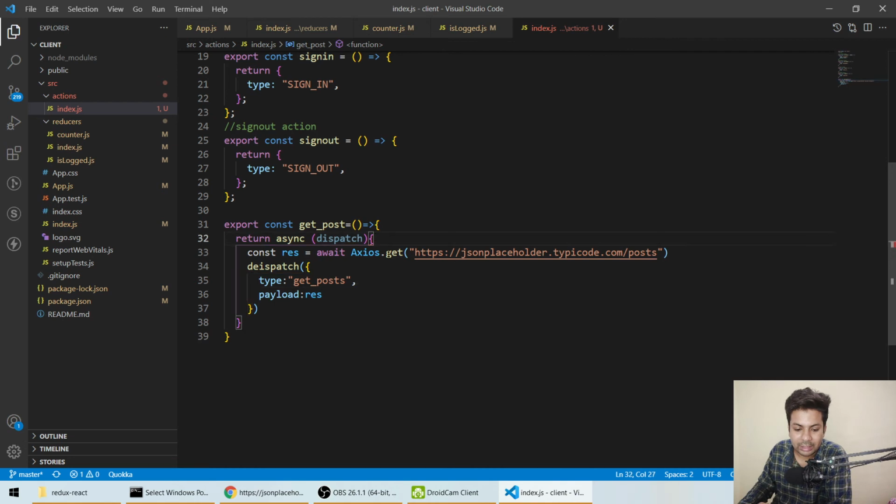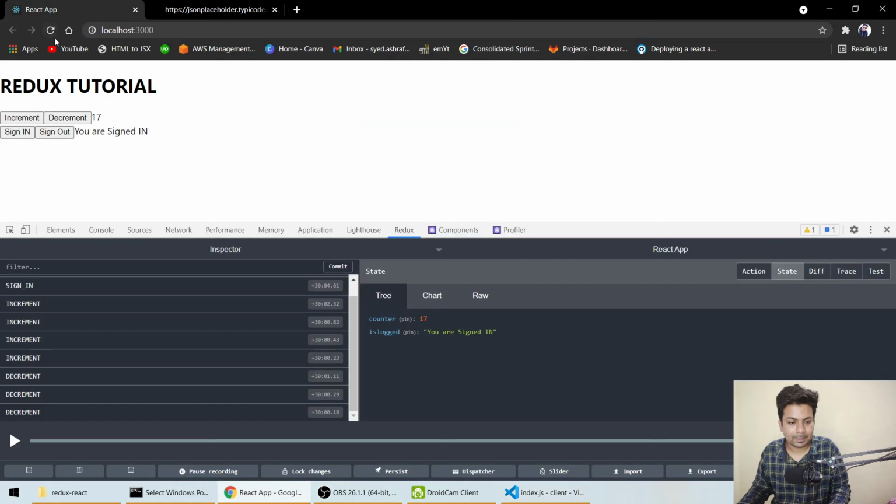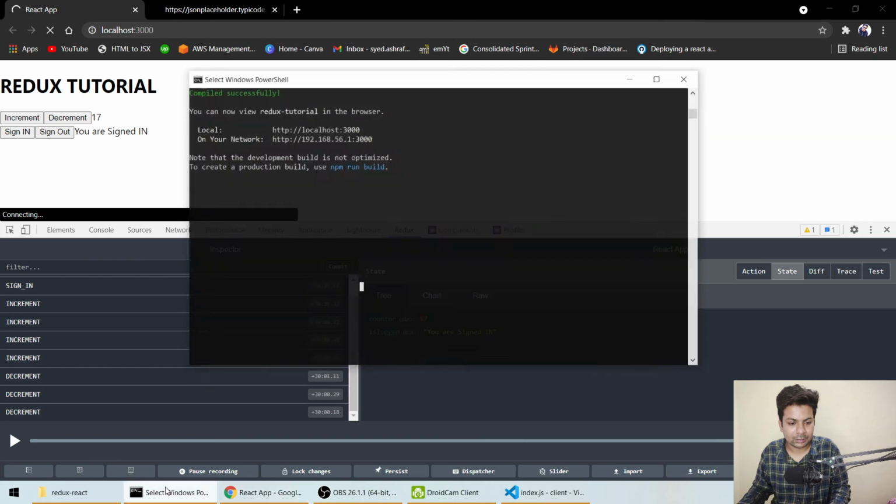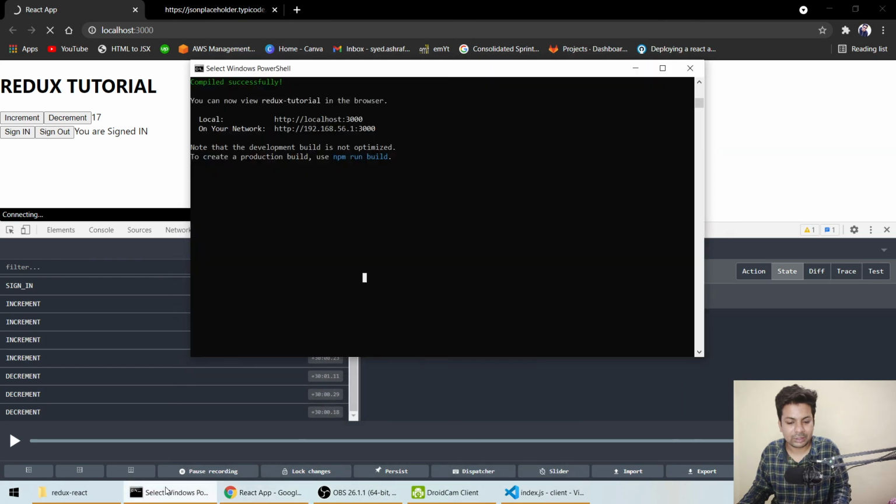But there is some error. It's showing somewhere brackets are not properly closed, and let me check where. I think it's closed everywhere properly. Then why is it showing like this? Let me just save it and check. Why is it taking so long?